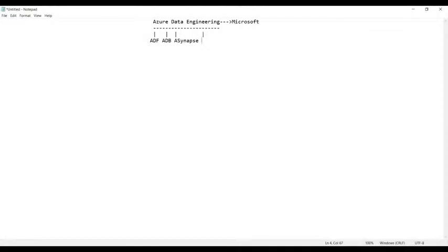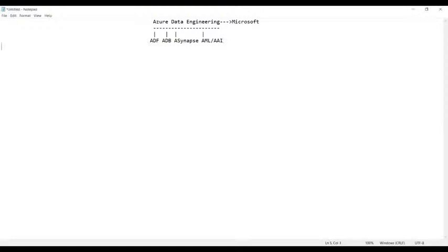Then we have Azure ML, which stands for machine learning, and Azure AI, which is artificial intelligence. Likewise, many services are provided under Azure data engineering.